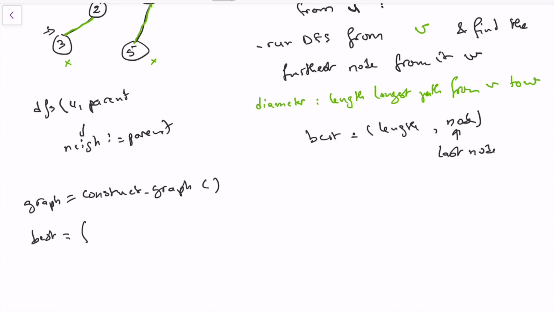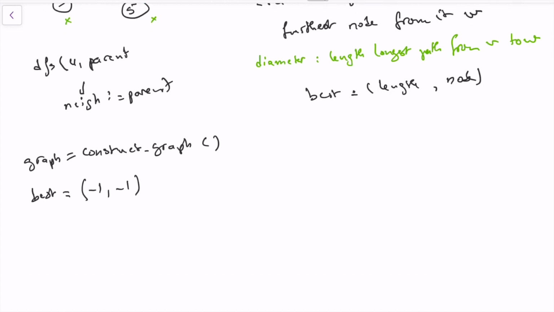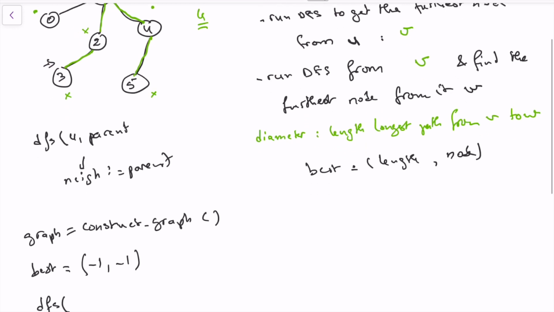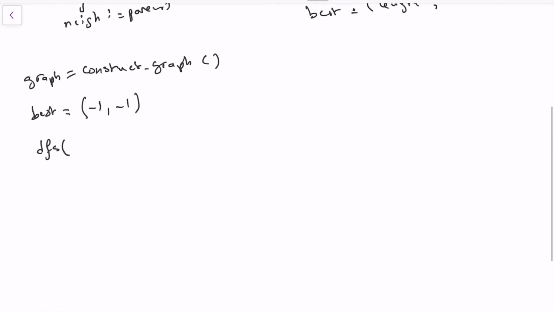Sorry, actually not the last node, just the node we start from. And so that would be -1 for us, and we don't know which node it is yet, so we'll just put -1. And then after that we will run DFS to find the furthest. So we will run a DFS from any random node. We're just going to pick 0 all the time, and 0 doesn't have any